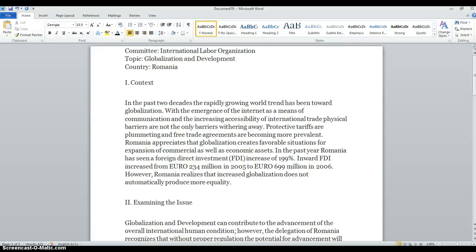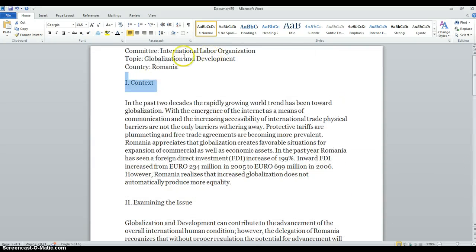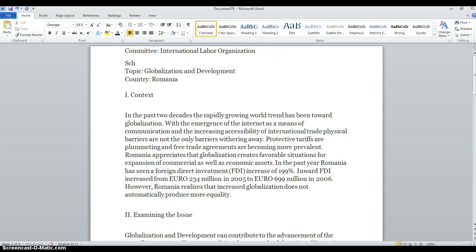I have an example position paper in front of me, and at the very bottom I have the rubric that you're being graded on. So the very first thing you'll notice in the rubric is that you need to have your committee, the country, the topic, the school, the sponsor, and the delegate. So let's go back up and see if they've done that. What do you notice that you're missing? School,